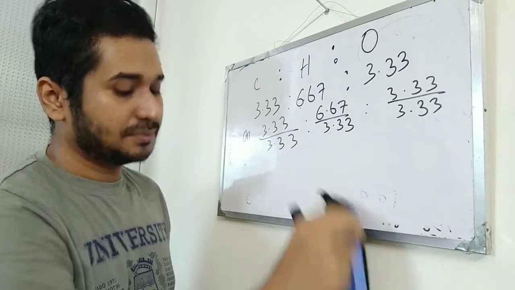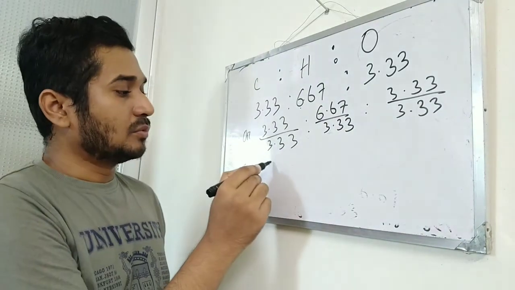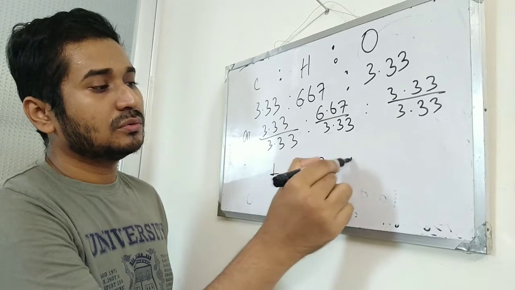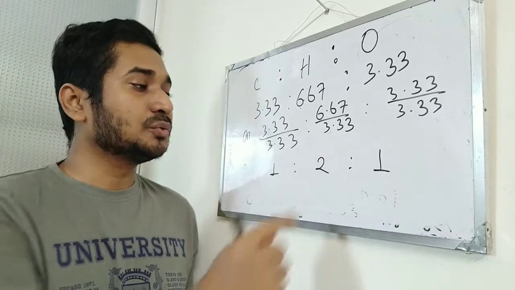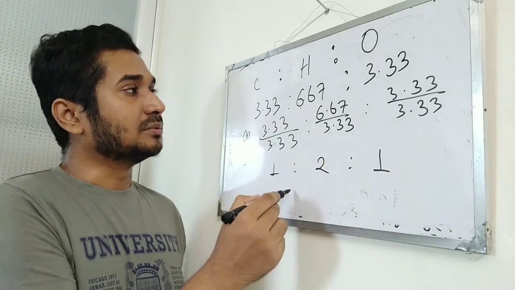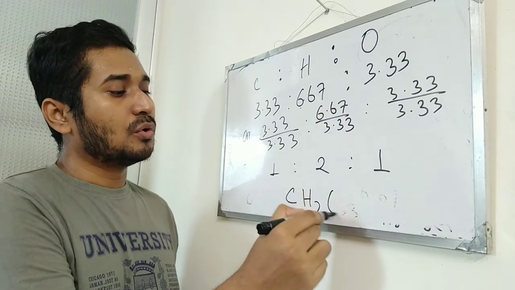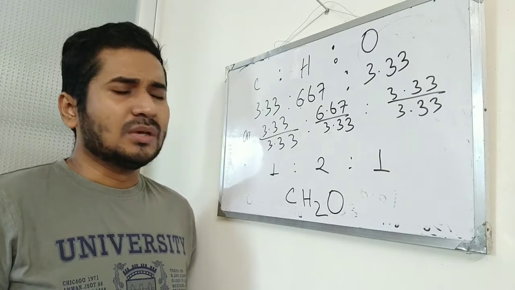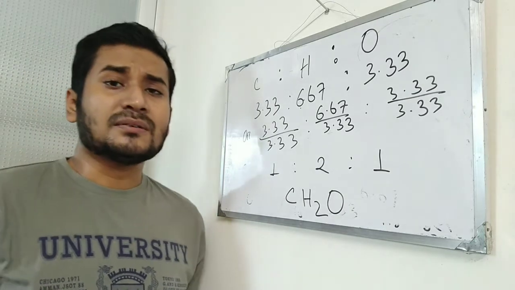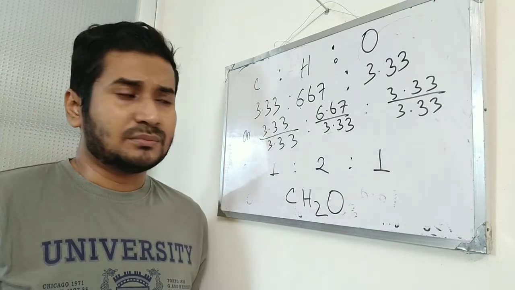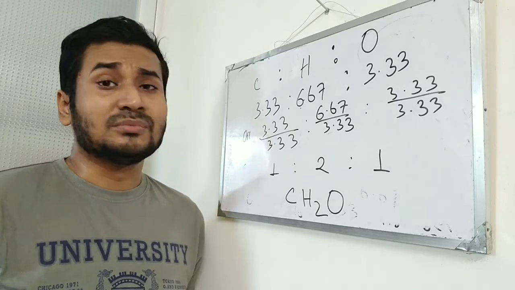What have you got? 1:2:1. That means it will be CH2O. You can think that this is the formula of glucose, but it's not correct because